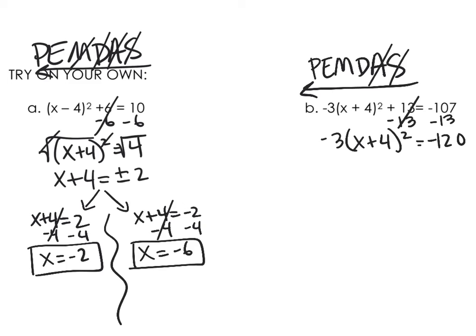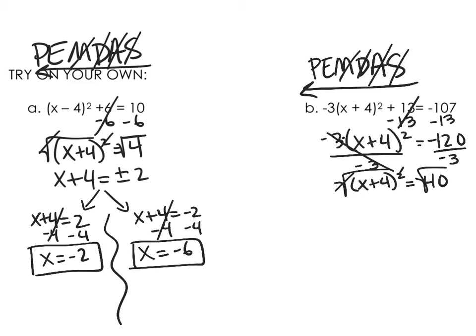Okay, so I did my adding. I don't have anything being divided. I do have this 3 times my parentheses. So I'm going to divide by that negative 3 on both sides. And that's going to leave me with x plus 4 squared equals 40. So I did my multiplying. Now I need to get rid of those exponents. So I have to square root on both sides to get rid of that squared, leaving me with an x